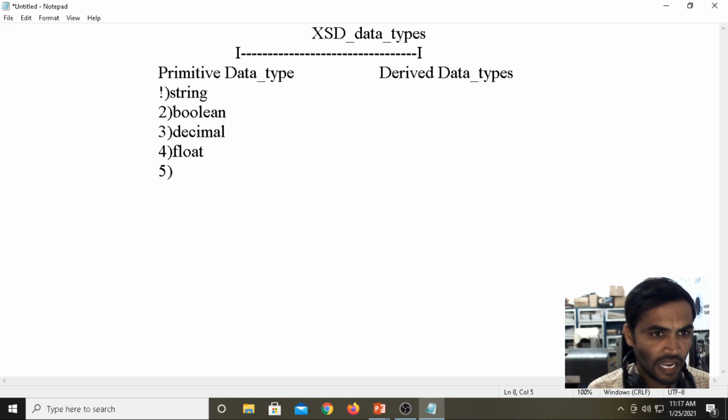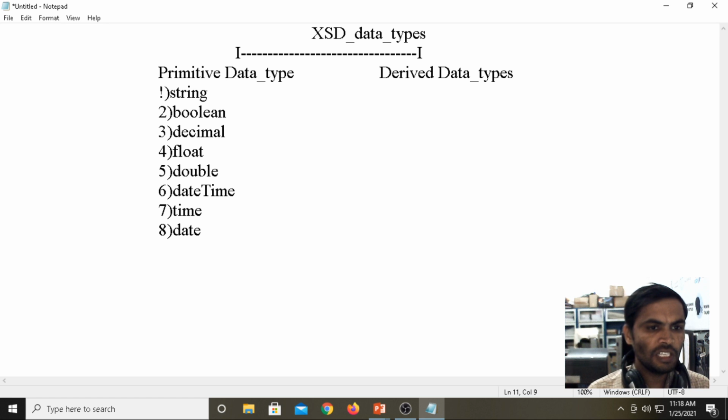Float, then double, dateTime, time, date. So many data types will be there: gYearMonth, gMonthDay, gDay, gMonth. These are the basics we require for writing the program. I'm taking only the basics.